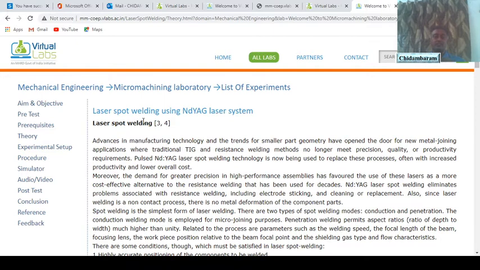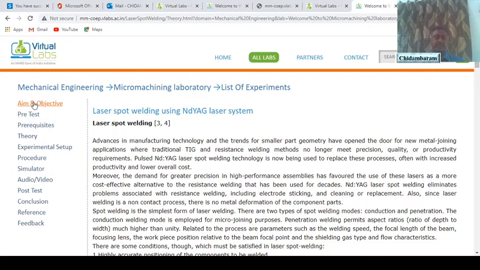These are the prerequisites a learner must acquire, meaning the knowledge they should acquire before using this simulation. It is not mandatory, but as a true learner, it is best practice to know the theory before carrying out any practical experiment.